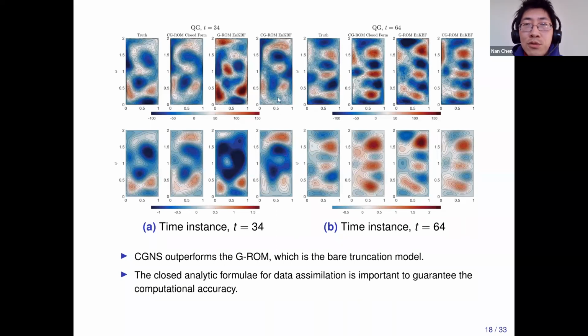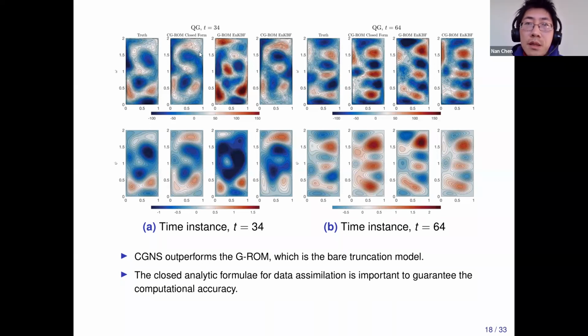And as a validation, we also apply the ensemble method to the conditional Gaussian framework. That is the fourth column. The second and fourth columns have the same conditional Gaussian model, but the second column uses a closed form to do data assimilation, while here we use the ensemble method, with 2,000 ensemble members. So it's a pretty big number of ensembles. This is not too bad, but you can still see some gap between these two columns, especially the error here is, by eye at least, much larger than this one, right? And of course, this is much slower because we use Monte Carlo methods.